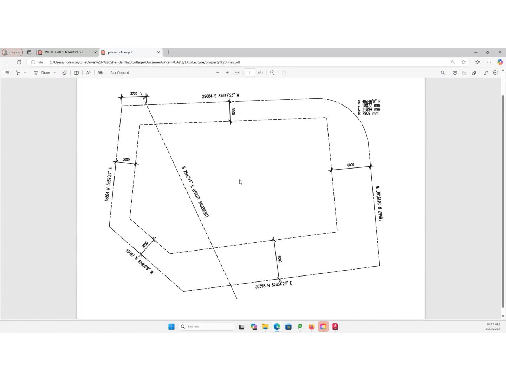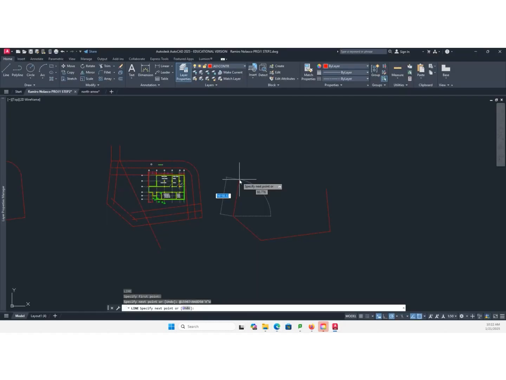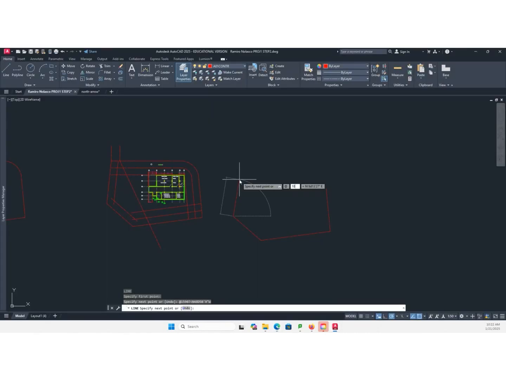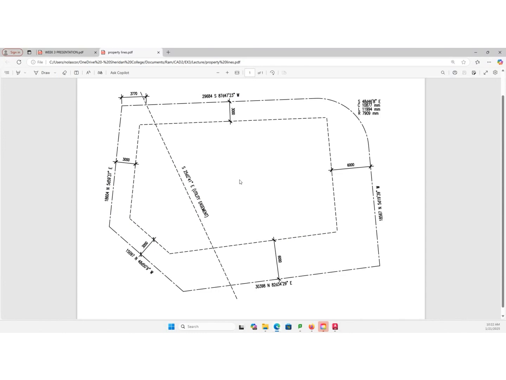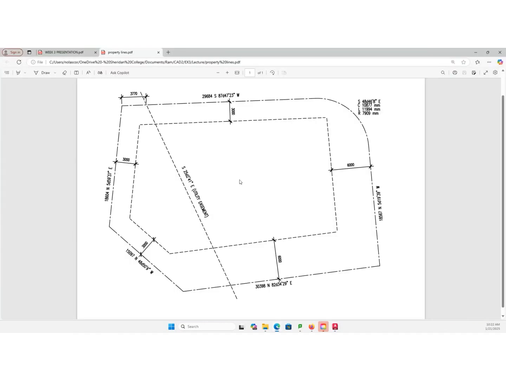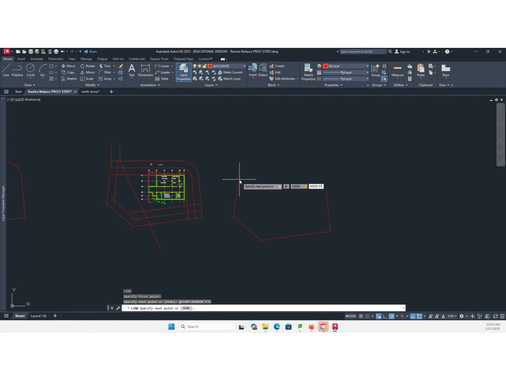And then you go at 18604 less than symbol N north 5 degrees 9 minutes 37 seconds east. Enter.